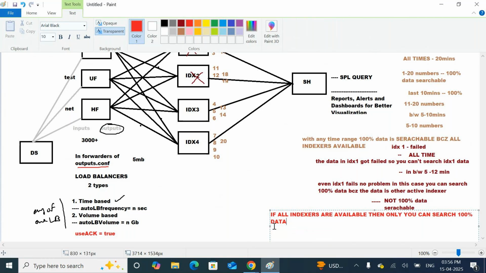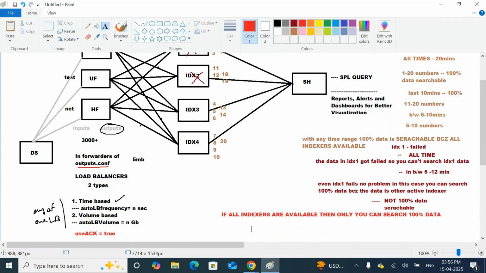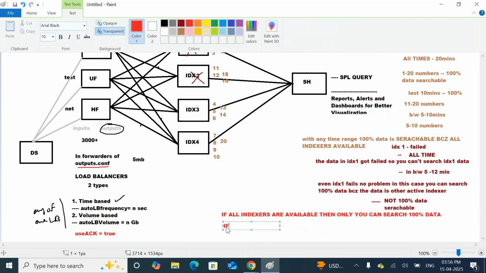If any one indexer fails, you can search 100% of the data, may or may not.